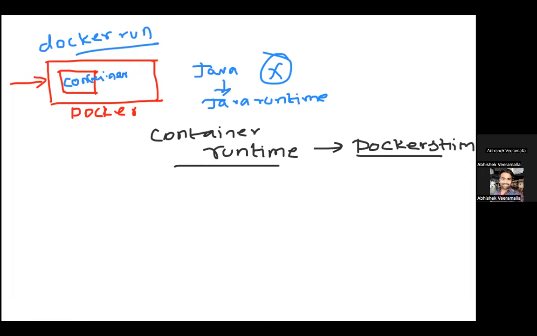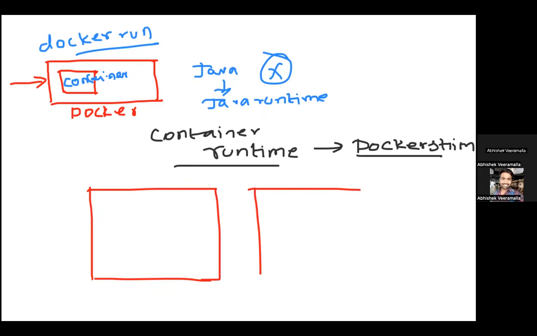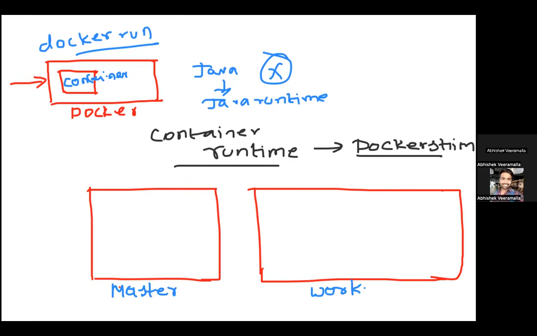is an advanced concept, and because Kubernetes provides you enterprise support with auto healing, auto scaling, and cluster-like behavior, what you basically do with Kubernetes is you create a master and you create a worker. For a basic example, I am just using one master and one node, or worker, component architecture so that it will be very easy for you guys to understand. But in general, there will not be one worker, there will be multiple workers in Kubernetes.